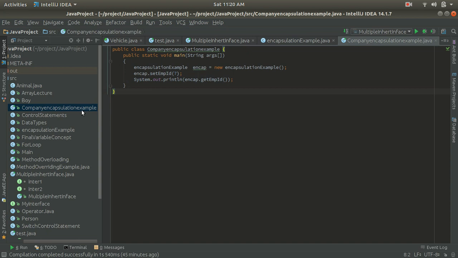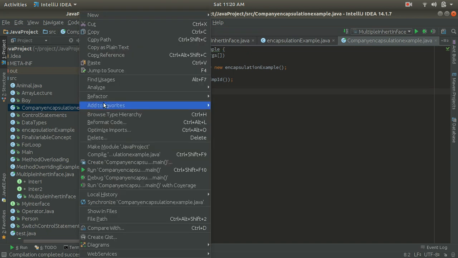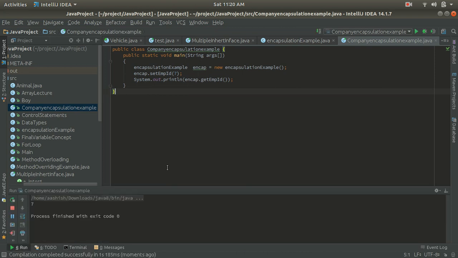Let's run this class and see the output. If I run this encapsulation example, you can see that we are getting the output as 7. It means that we are able to set the value 7 with the help of the setter method, and we are able to fetch the value.